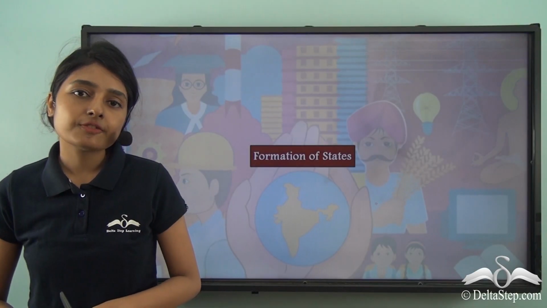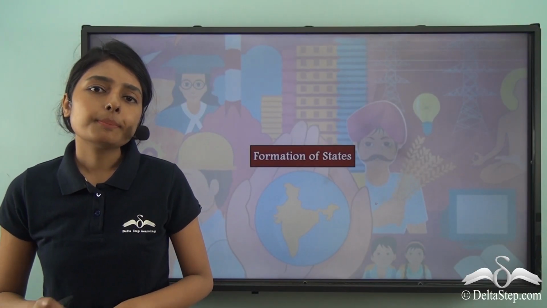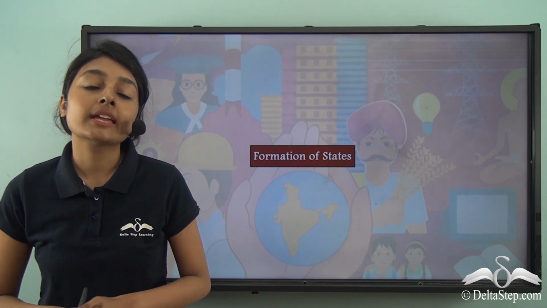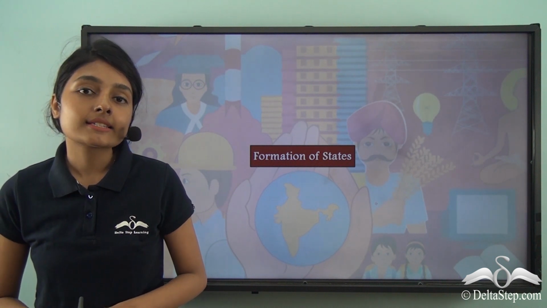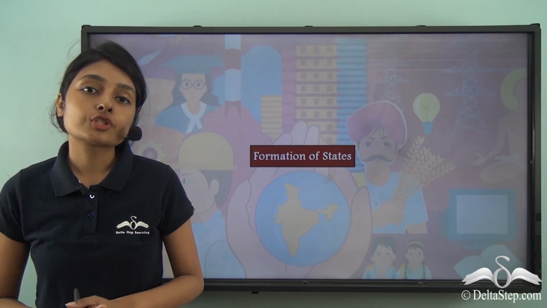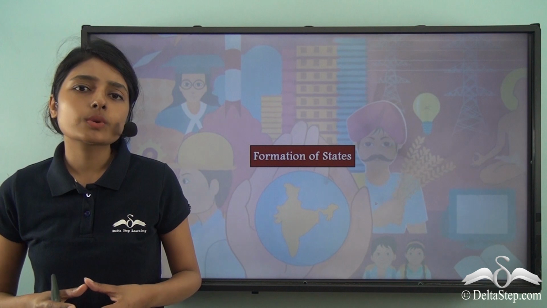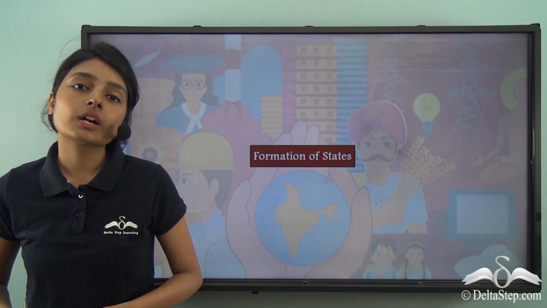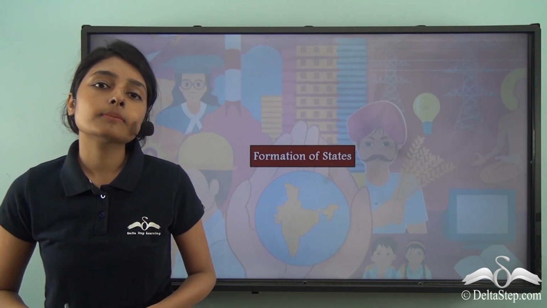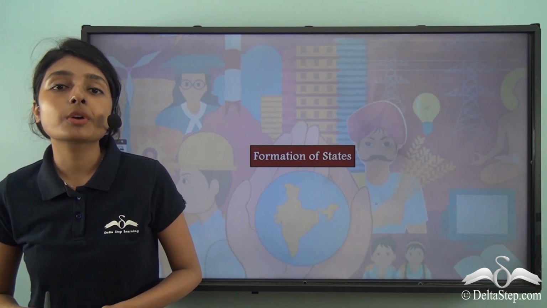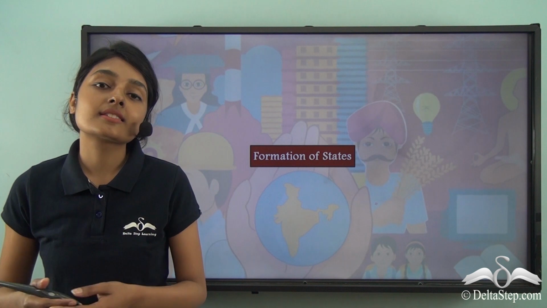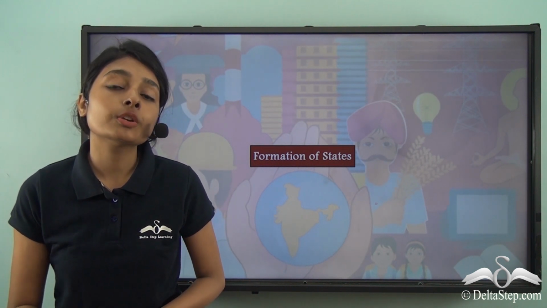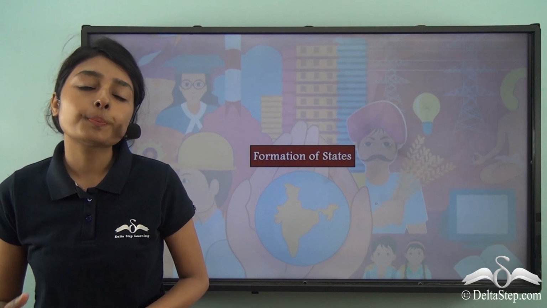In our last lesson, we talked about how people living in several parts of the country had a problem with Hindi being declared as the national language of the country, because Hindi was not spoken by all the people uniformly throughout the country. At the same time, the country also did not want to have English as its national language simply because it was the language of the colonizers, the language of the oppressors.